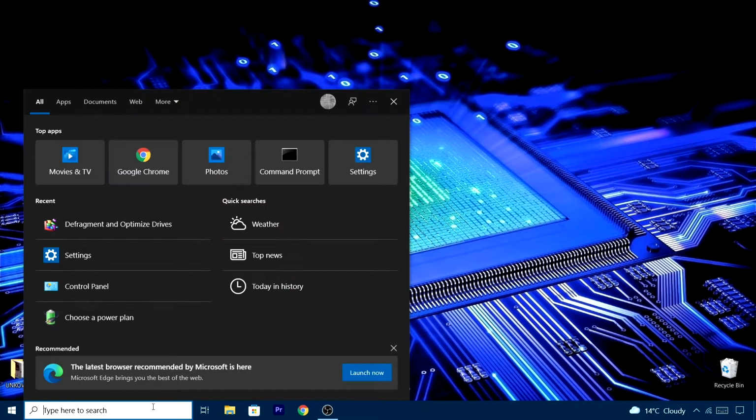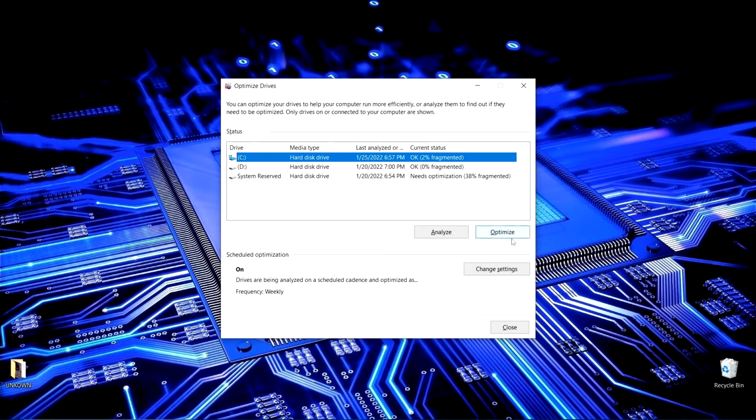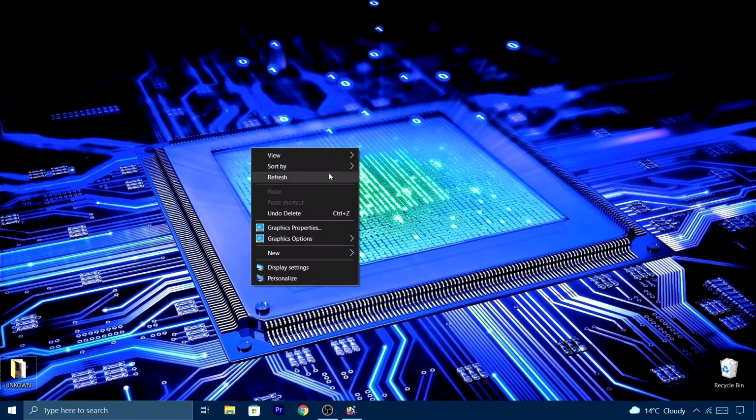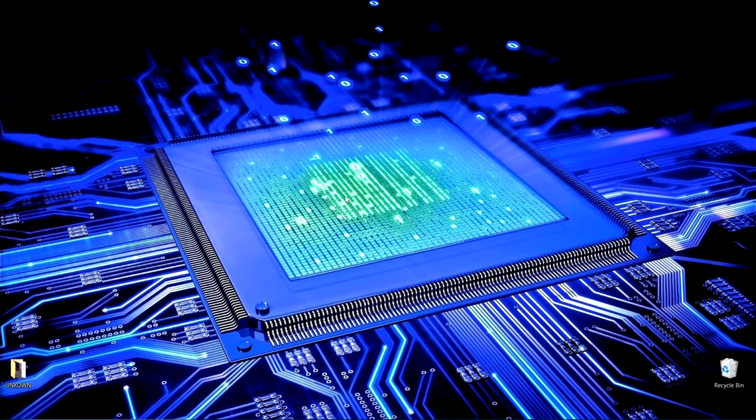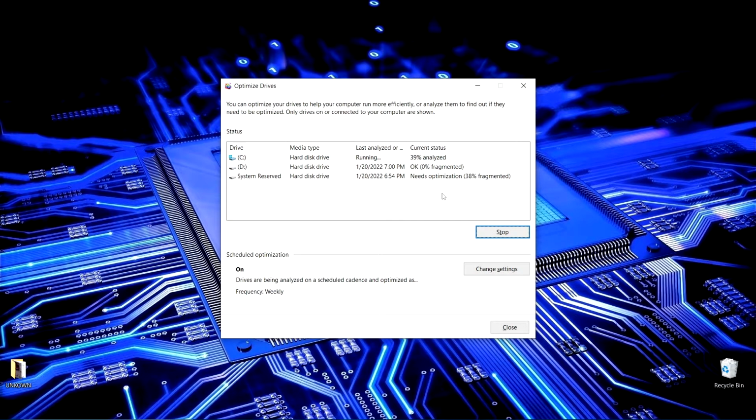As you can see, it was doing the defragmentation, and I already stopped it. You select the hard drive that has the most data on it, and you click optimize, and you just leave it, minimize it, and later you come and check what it has done. It will take a little bit of time, but that's a great way to speed up